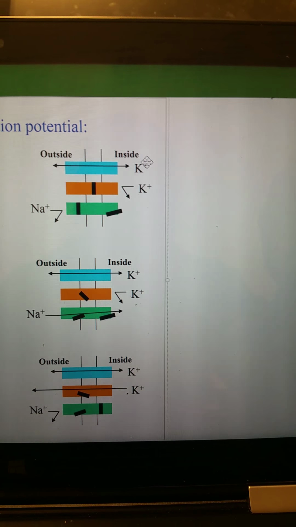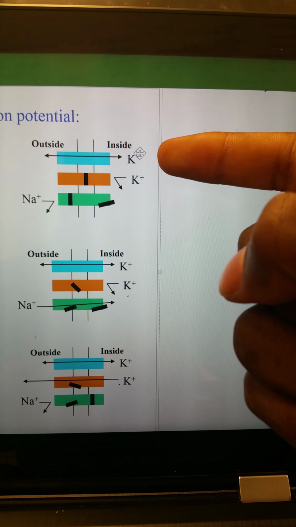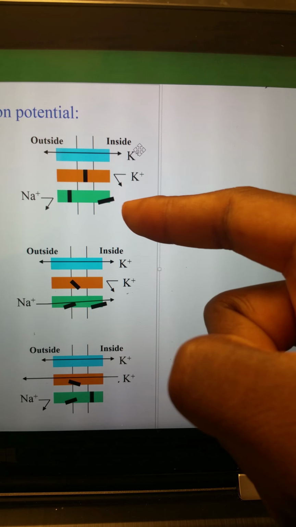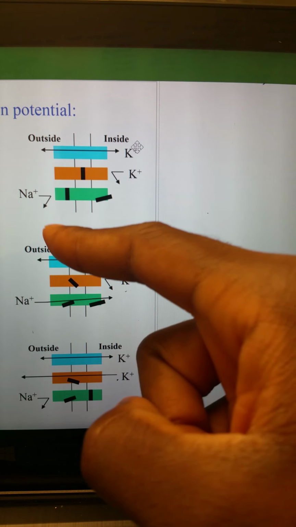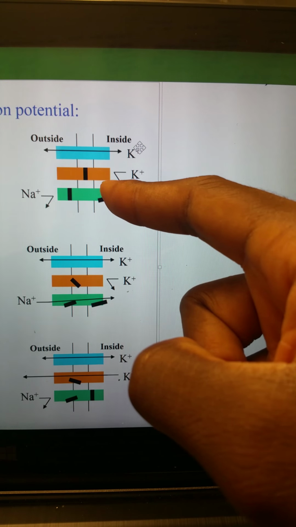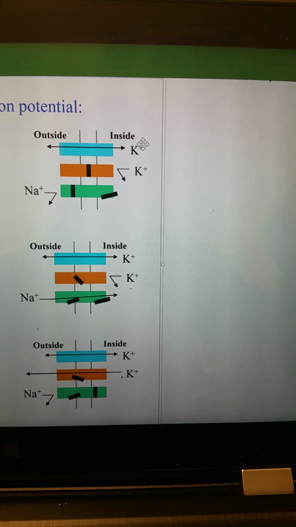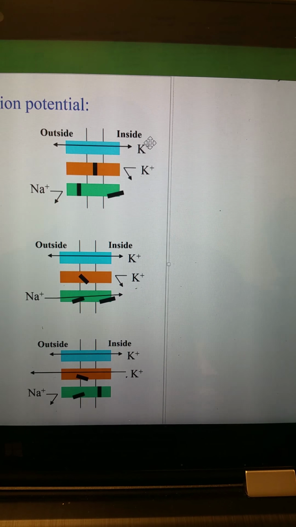Final quick run through of the action potential. So at rest, we have ungated potassium channels, which are open. We have the sodium inactivation gate, which is also open, but the activation gate is closed. And we have the potassium gate, which is closed. So right now, the permeability of potassium is higher than the permeability of chloride, which is higher than the permeability